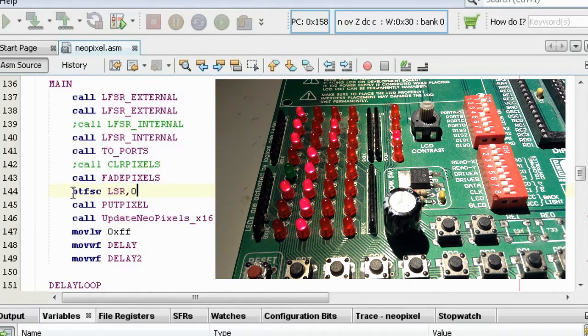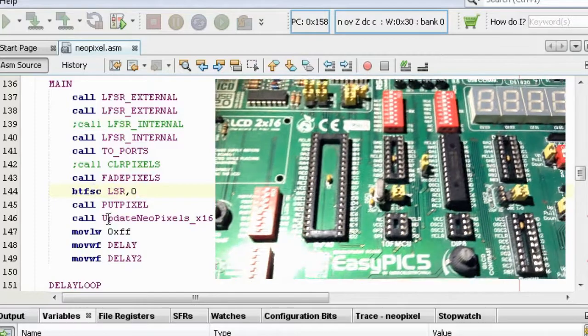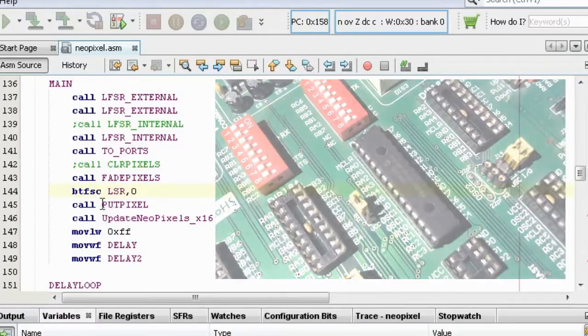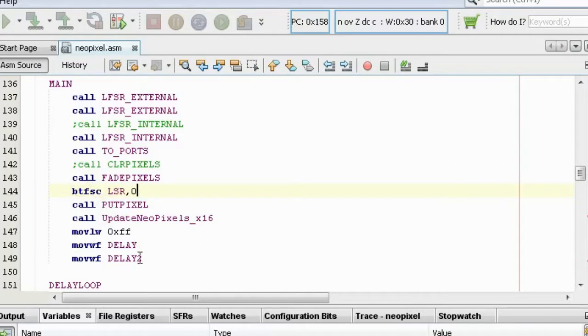So I like that. I'm testing the first bit of the shift register. If there's a 0, then it skips the put pixel. So therefore there will be no pixel unless there's a 1 on that bit. And then I can get a random update event in time also, so it doesn't look like it updates for every frame. So yeah, and here we have